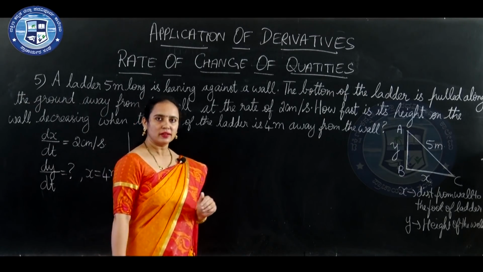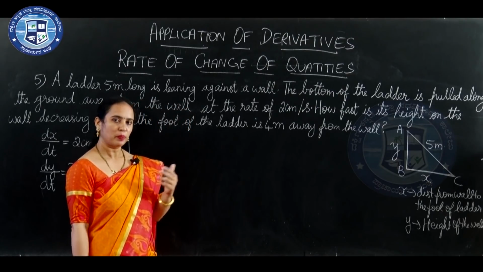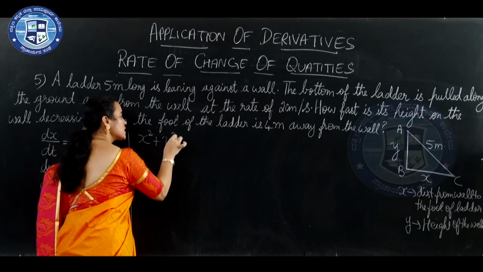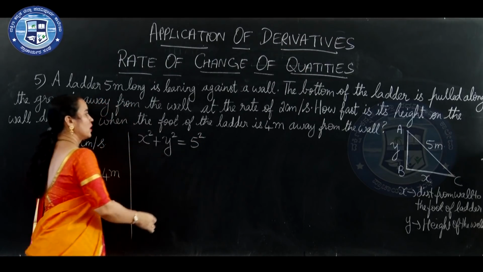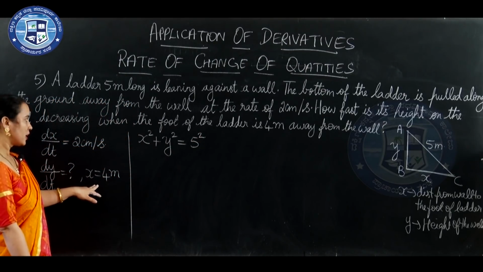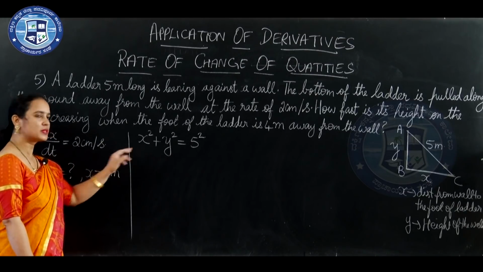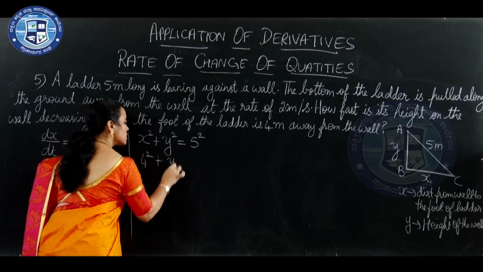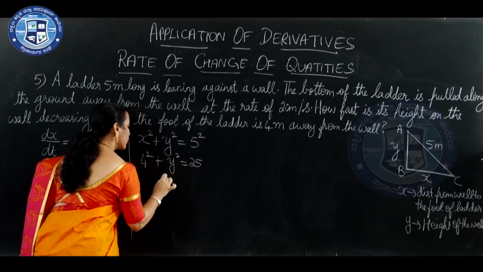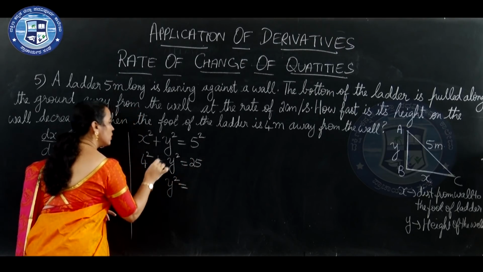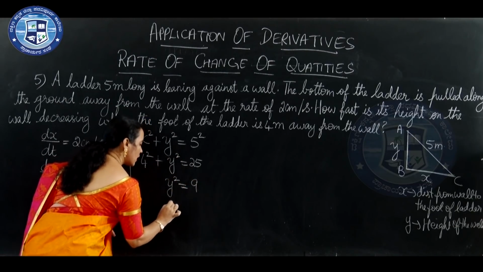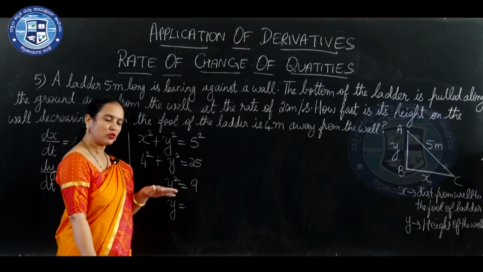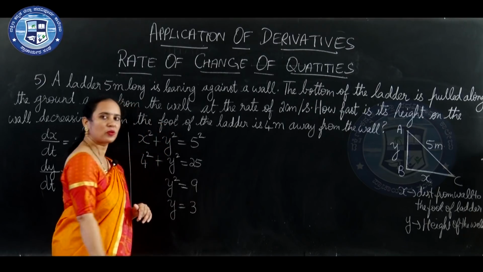Now, this is a right angled triangle. So, let us use the property Pythagoras. So, according to Pythagoras property, we have x square plus y square is equal to 5 square. Now, value of x is given. So, let us find the value of y using this equation. So, x square will be 4 square plus y square is equal to 25. So, you will be getting y square is equal to 25 minus 16, which is 9. So, y will be equal to plus or minus 3, but since y is the height of the wall, we will be taking only the positive quantity.